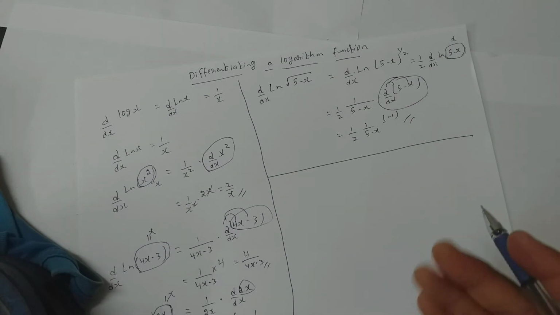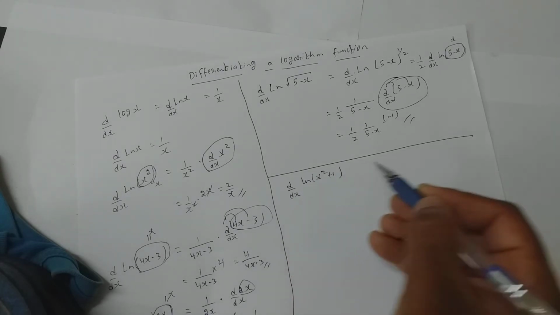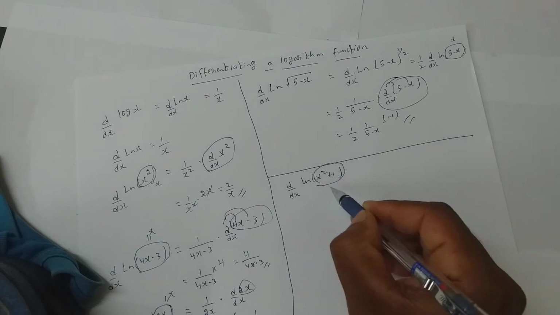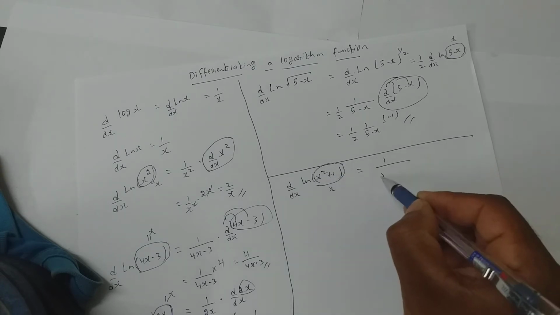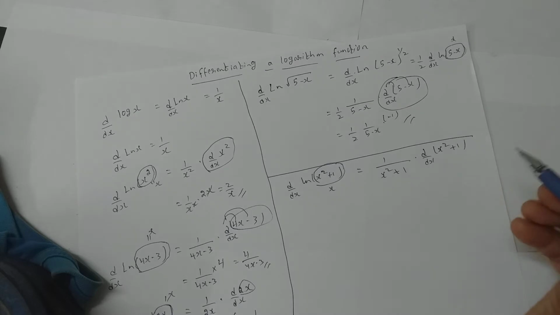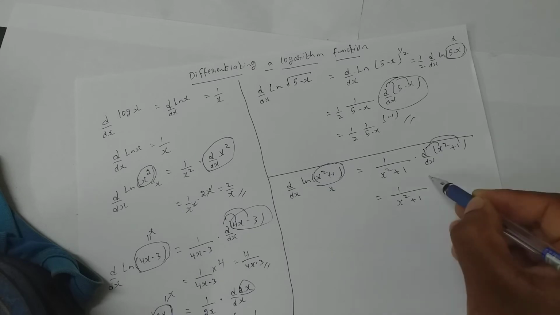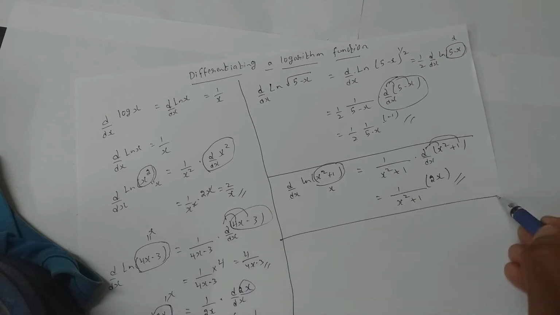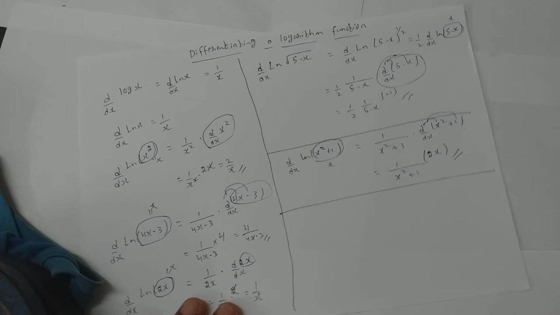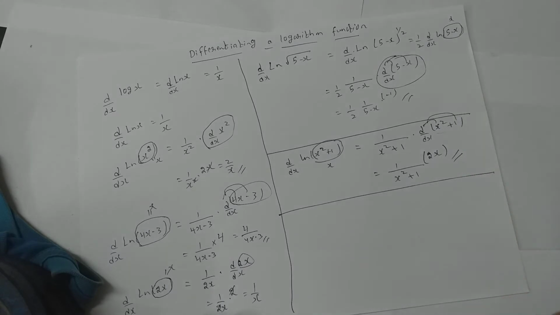Okay. More examples. If it is d by dx of ln of x square plus 1, you will assume it to be x. So ln x is 1 by x square plus 1 into d by dx of x square plus 1. So this applies to this and also to this. So it becomes 1 by x square plus 1 into, when it's applied on x square I get 2x. When it's applied on 1 I get 0, so I don't need to put that. So this is the answer. Am I clear? My stress is on this assumed one. Whatever you have assumed for x, that differentiation should be there at the end.